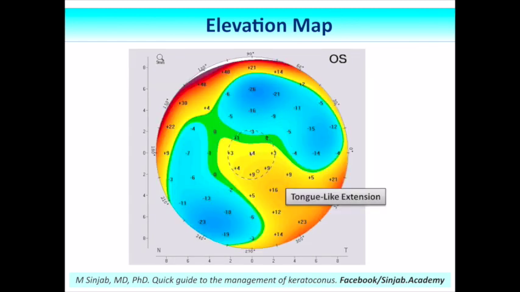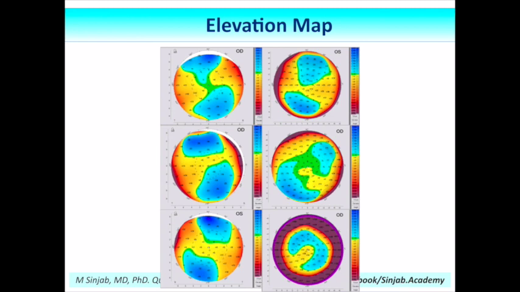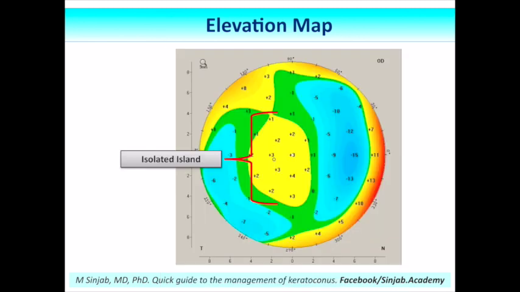This is an abnormal pattern. It is the tongue-like extension. It means that this surface is very distorted. These are samples of abnormal shapes, as you see: tongue-like extensions, irregular, symmetric, irregular hourglass patterns, but the most dangerous is the